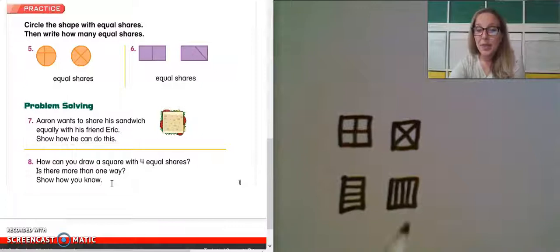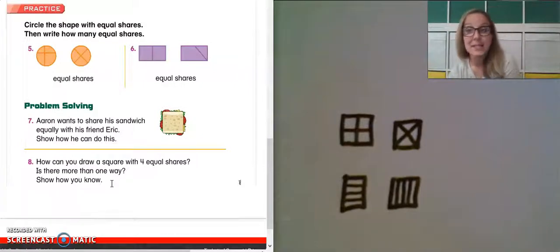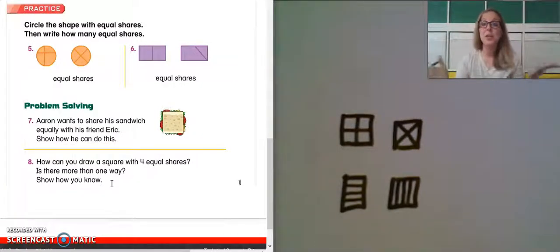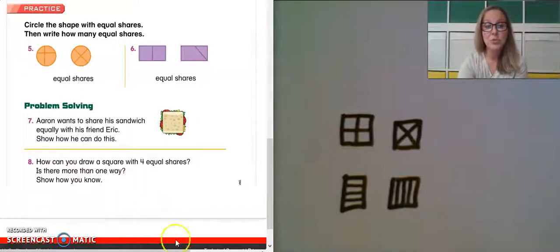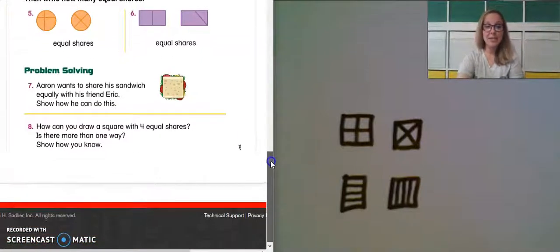Now, there are many different ways that we can divide it into 4 equal shares. I've shown you some of them here. So make sure on your paper here you show at least 2 to show me that there's more than one way to show equal parts. All right, when you are finished with that,